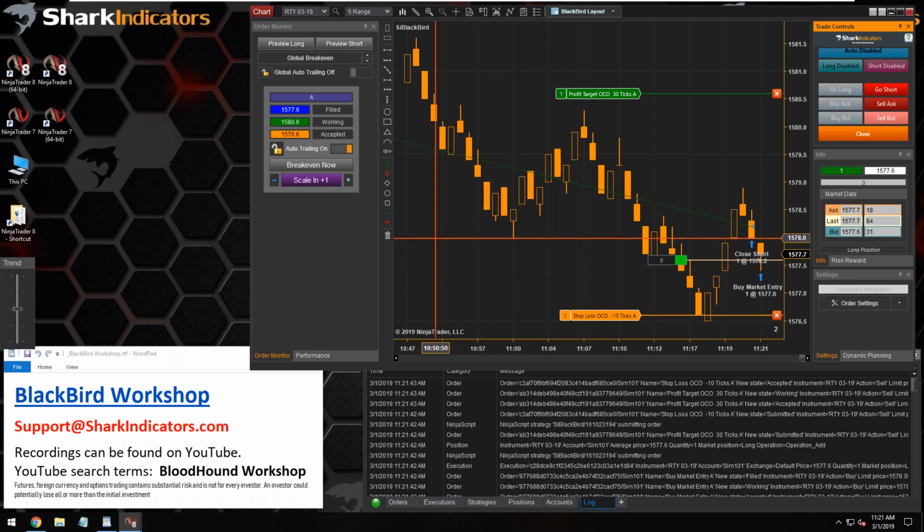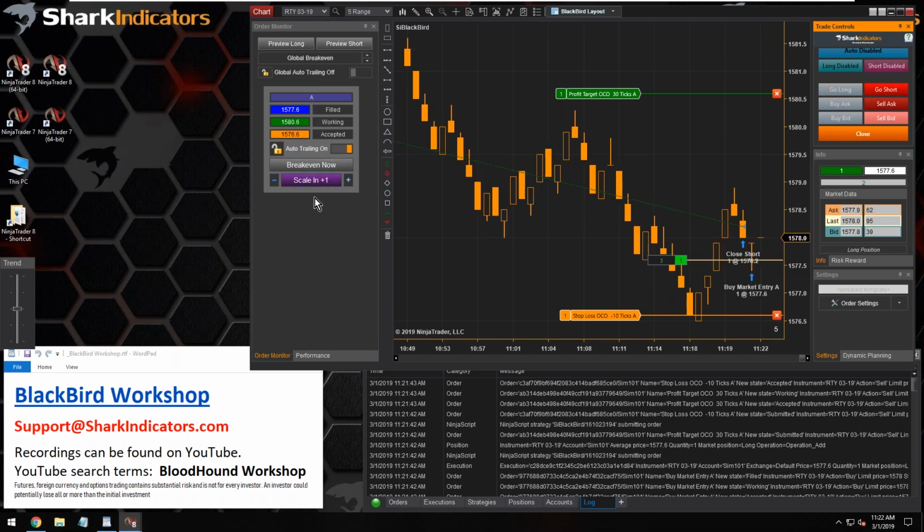Okay, so once we're in a trade, you can see that this order monitor comes alive here. We can see our blue entry order was filled, and we can see the price. We can see the price of the profit target and the stop loss. But also these controls are now enabled. And so if you want to manually